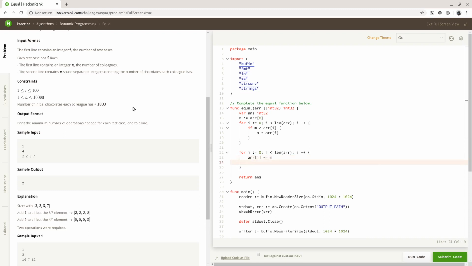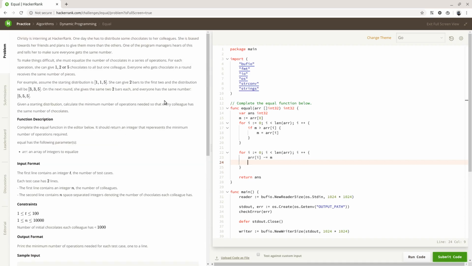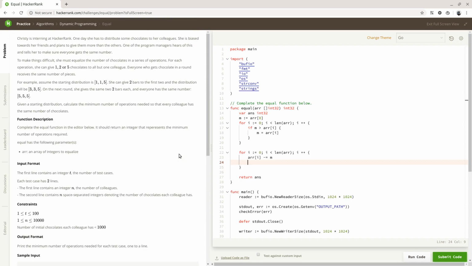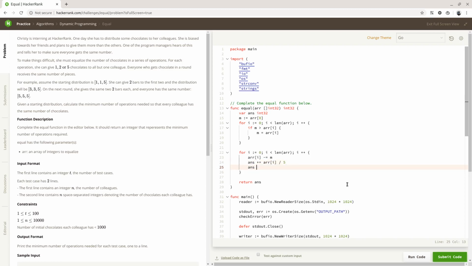So we should subtract 5 until the number is less than 5, then subtract 2 until the number is less than 2, and then subtract the last one. So we need just to add re divided by 5, then add re modulo 5